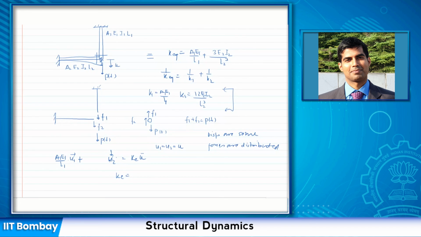Sorry, this is wrong. This is 3 EI by L cube. That is the second thing. Remember, if it is a pin connection and freely able to rotate at its ends, it is 3 EI by L cube, not 12. 12 is when it is constrained to rotate. So it is not rotating, it is deflecting, but it is not rotating. Free to rotate like this, it is 3 EI by L cube. However, if it is constrained to rotate at this end, then it is 12 EI by L cube.